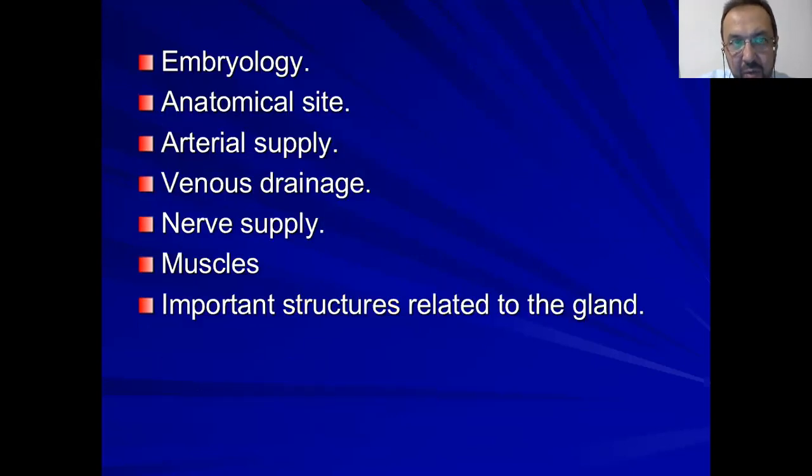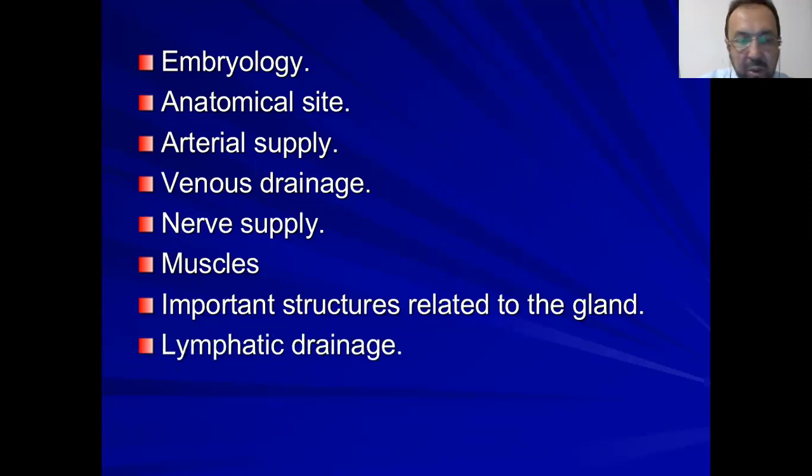So till now, from the anatomy section, we have come through the embryology, anatomical side, blood supply, nerve supply, muscles, and important structures related to the gland. We have a few points in the anatomy to go for. These are the lymphatic drainage,